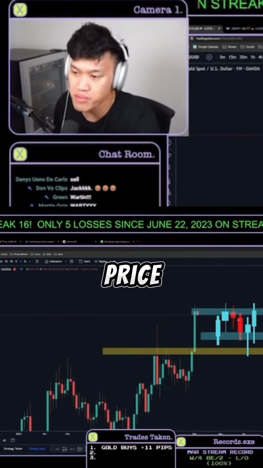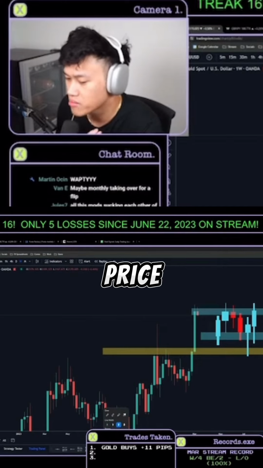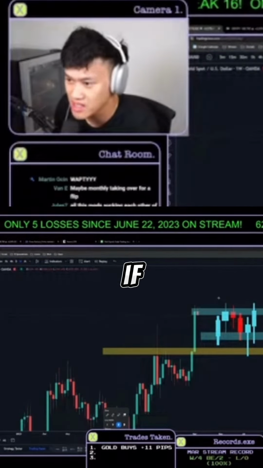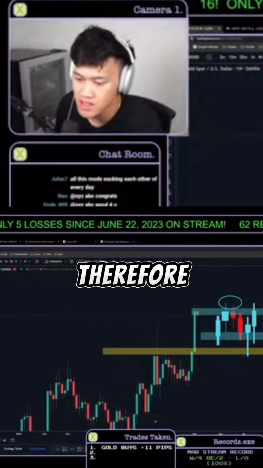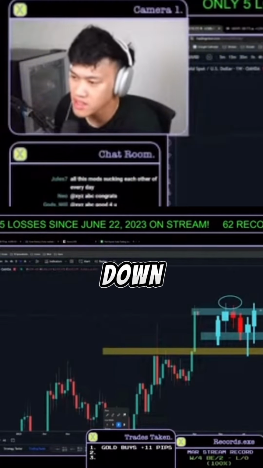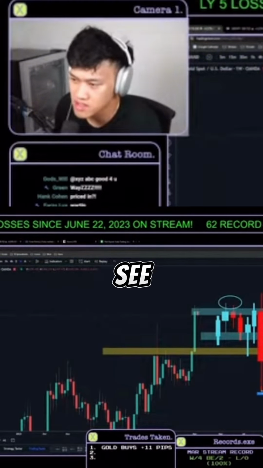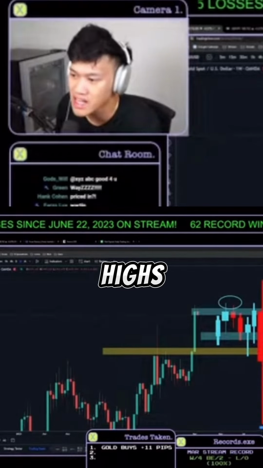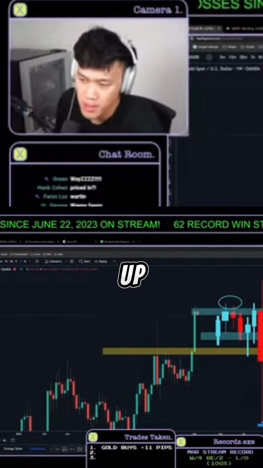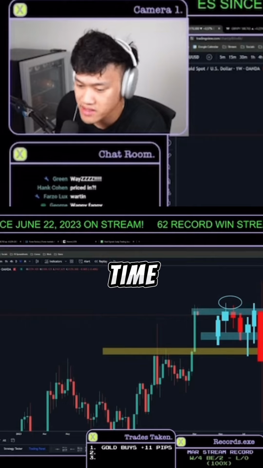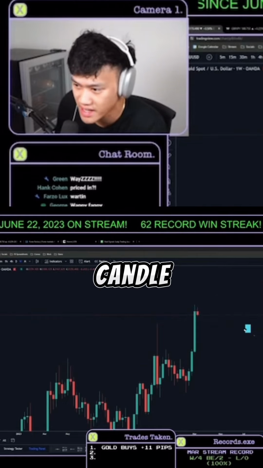So even if price were to drive down at some given point, price will likely need to grab liquidity. And if you look at the structure point, this is how it's going to look. So therefore, even if price were to rip down, you'll see the range fill first. If anything, you'll see the break of the highs first, usually what you'll see before ripping up or ripping down. So that's what that shows on the smaller time frame. If you were to reverse engineer the candle to like daily